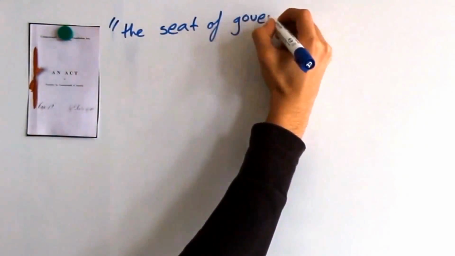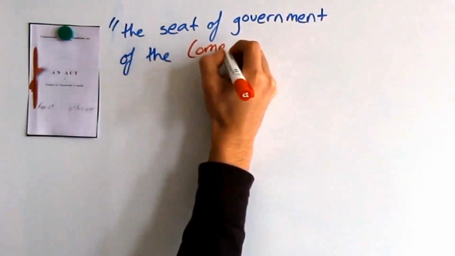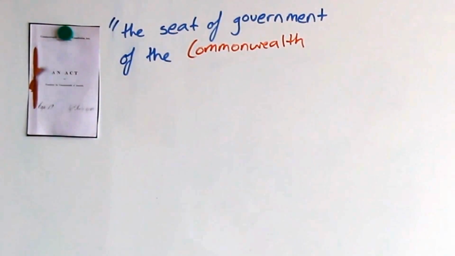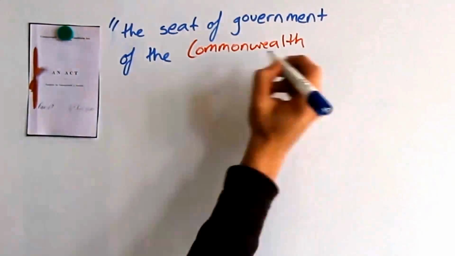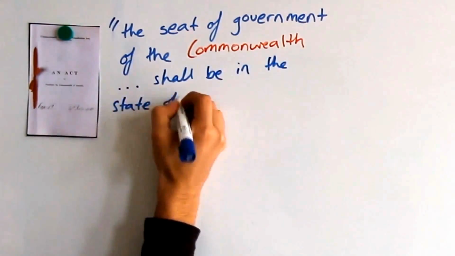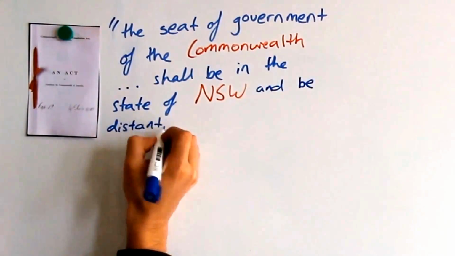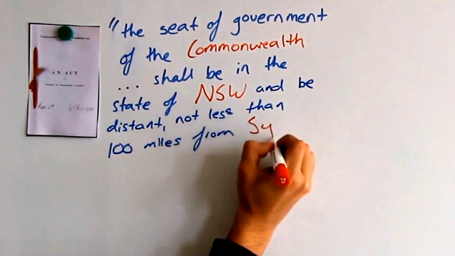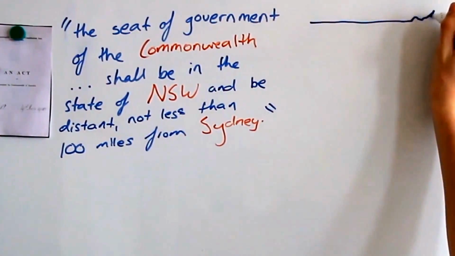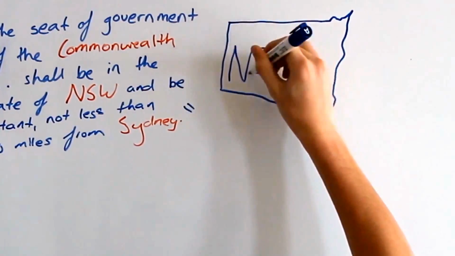In the official Australian Constitution, Article 125 states that the seat of government of the Commonwealth shall be within territory which shall have been granted to or acquired by the Commonwealth, and shall be in the state of New South Wales and be distant not less than 100 miles from Sydney. So the government picked a random patch of land somewhere out in the countryside and decided to call it our